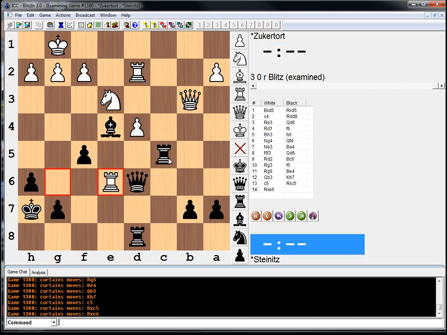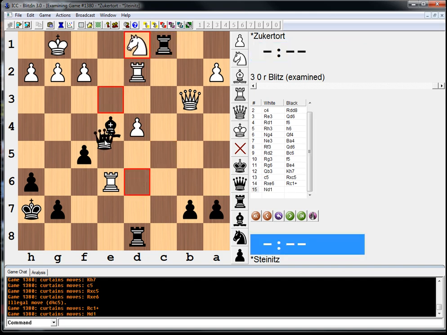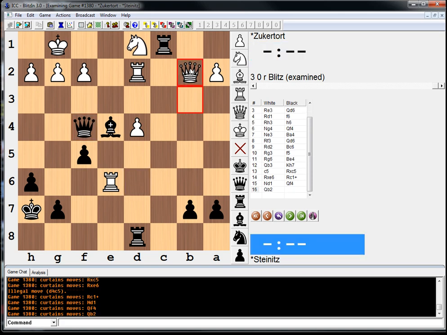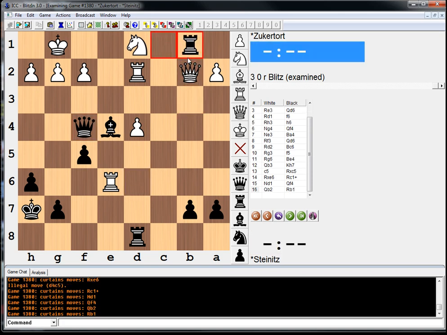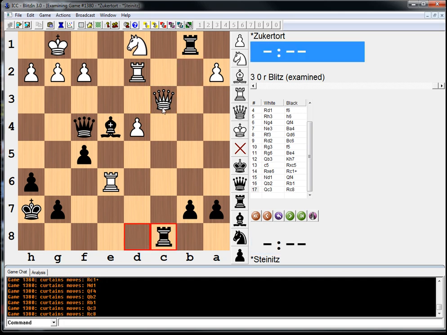Rook takes e6. And by the way, the point is the pawn is pinned because of that rook here. Rook c1, knight d1, queen to f4. And after queen to b2, rook to b1, queen c3, and now we played another cool move, rook c8. Because if queen takes rook,